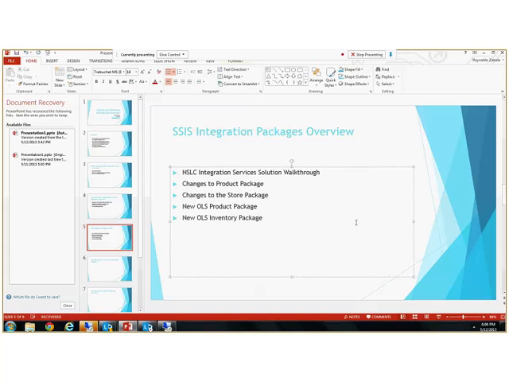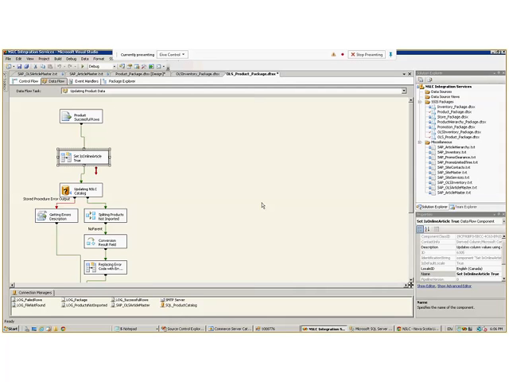This is part 4, the final part of the SSIS Integration Packages Overview. In this session, we'll discuss the new OLS inventory package. We covered earlier the OLS product package, and if you recall, that package was responsible for adding items that the business wants to sell online to the product catalog, and we set the isOnline property of that item